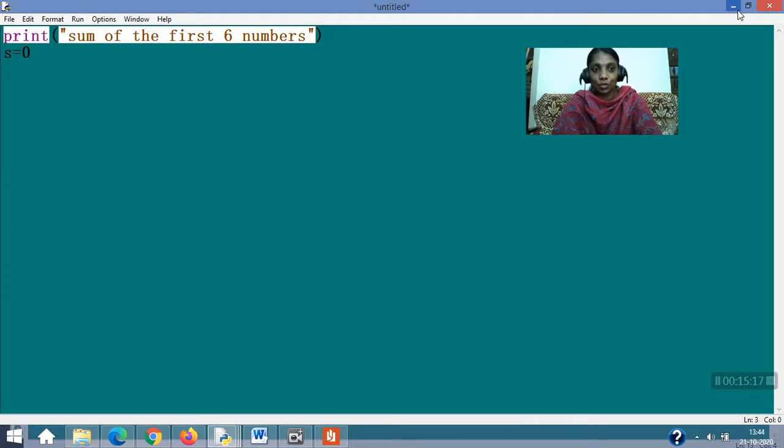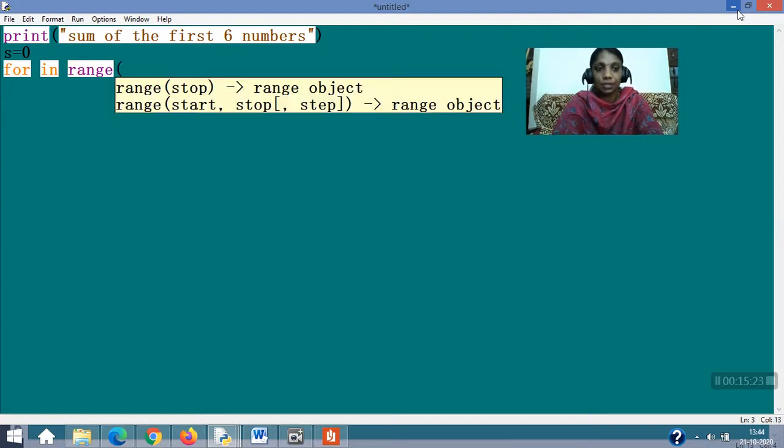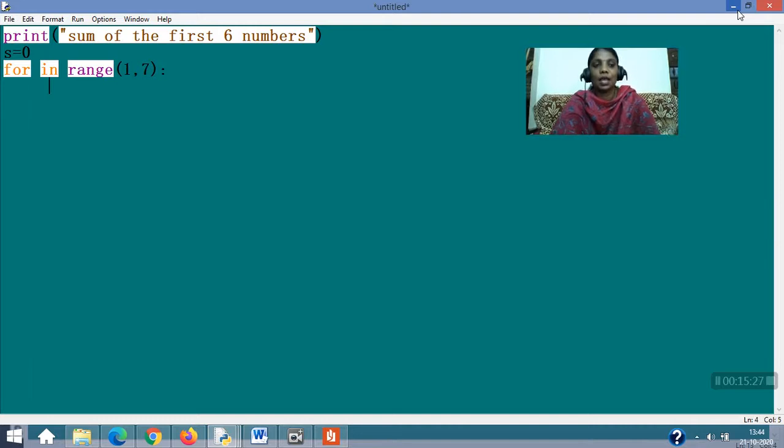Then I am planning to start my for i in range. First 6? No, so 1 comma 7, yes, so 1 comma 7 started. First time what? I'm so sorry, I made a mistake. I should have given a variable here, val. Without that, where will it go, isn't it? Okay, now what is in val first time? Val is right now having 1.